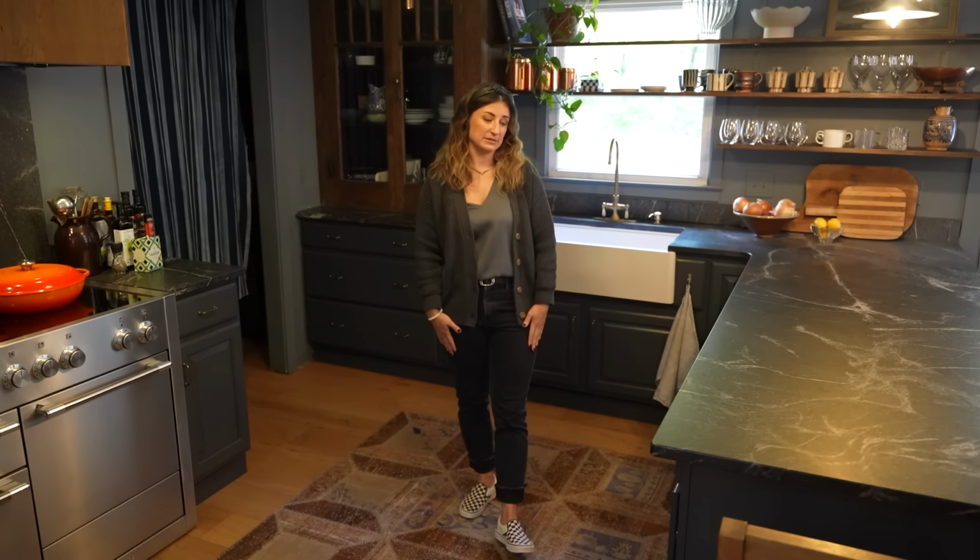And then I just painted the whole kitchen because it's all kind of one room. The refrigerator was actually here, and we moved that into what was kind of a big walk-in pantry. I think the washer and dryer used to be in there, so we moved that out of the way. And I found this big